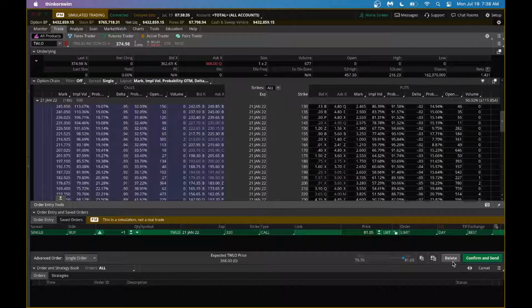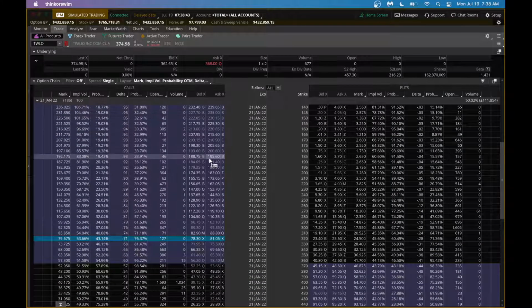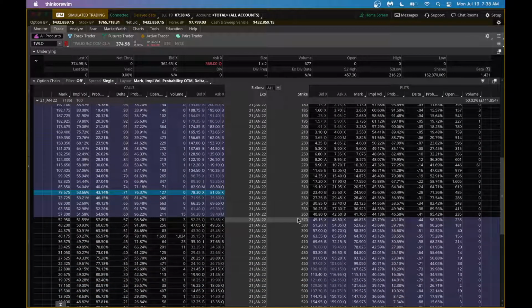So if you want to do a spread, you could look at what's going on here. $374 right now, and you could look at the 370 range here. So 370, 380, you could do this $10 wide spread. So if you do that here,